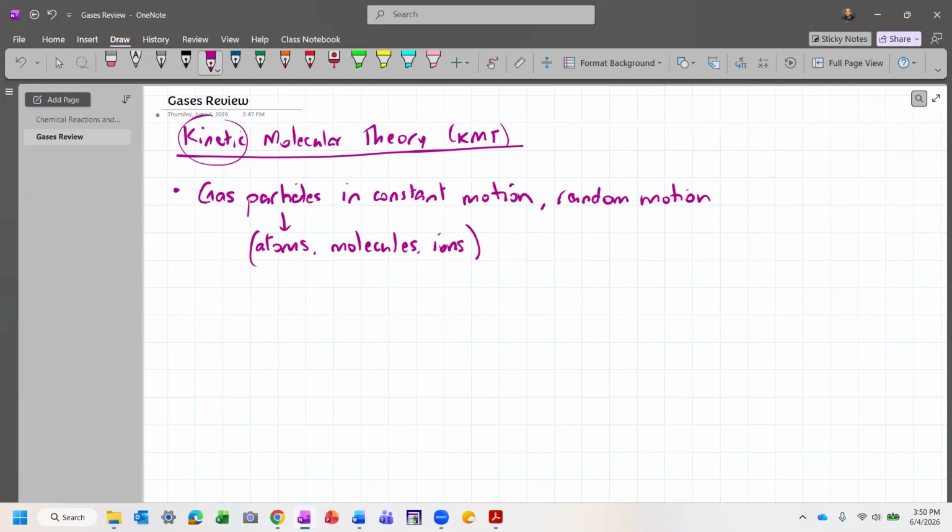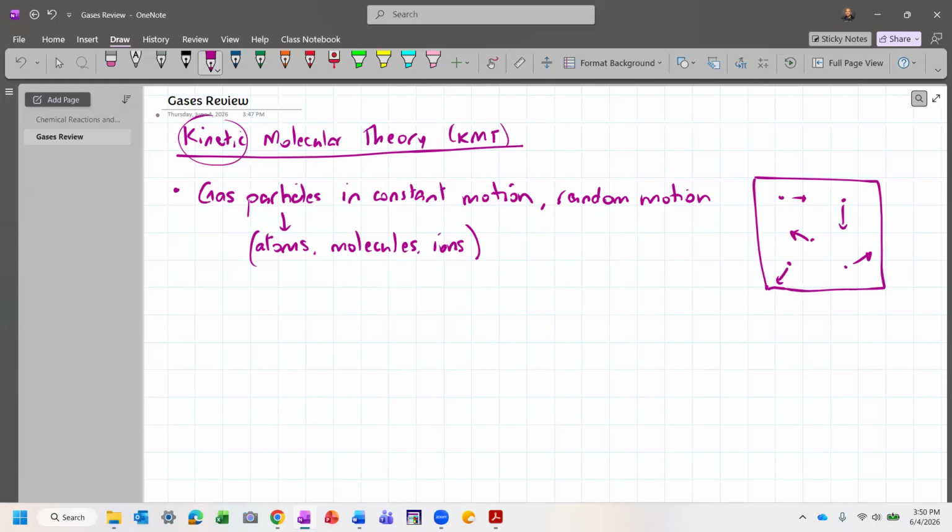We just lump them together and refer to them as particles. So if I have a container with some gas particles in it, just imagine that these are my gas particles here. They're zipping around this container, constantly moving around, with a great deal of speed associated with their motion,